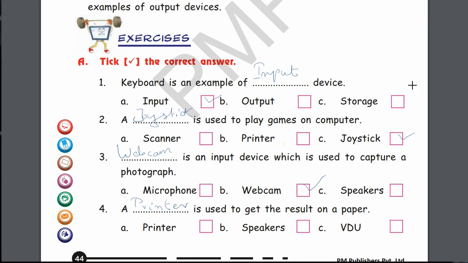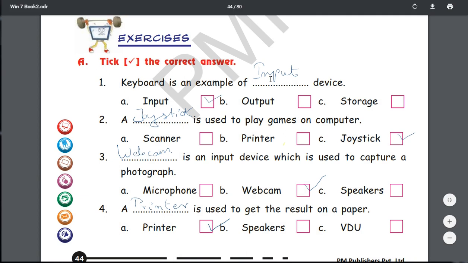I'll wait for you to write down the answers. And also take the option here, printer. Just wait a bit, children. I hope the screen is visible now.